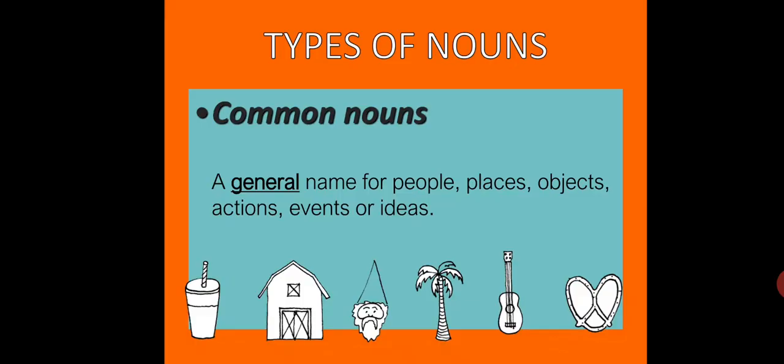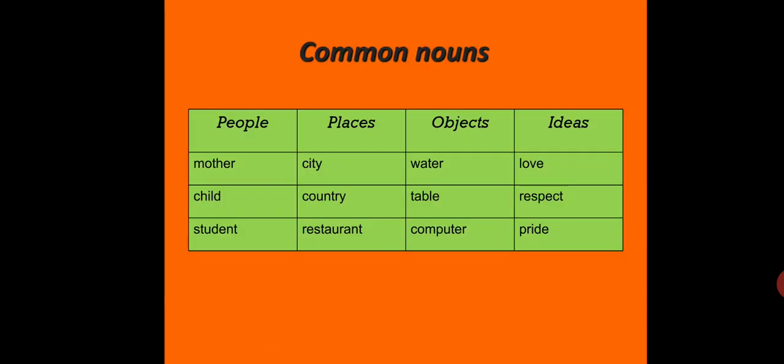So types of nouns, you have the common nouns. Common nouns are general names for people, places, objects, actions, events, or even ideas. So when you say common noun, think generic names, like for medical professionals, generic. That's the word that you have to understand. So, common nouns include the words mother, child, student for people; for places, you have city, country, restaurant; for objects, water, table, computer are all names of objects; and ideas, love, respect, and pride are part of the